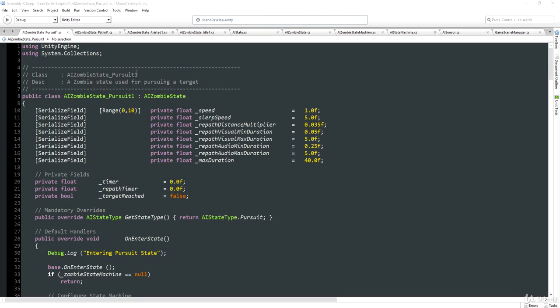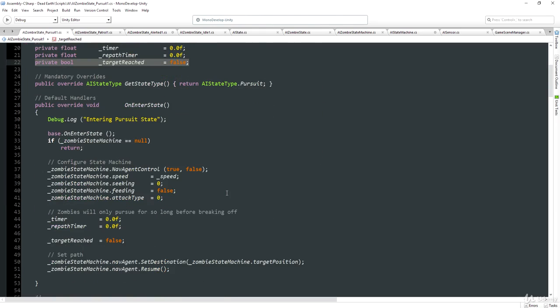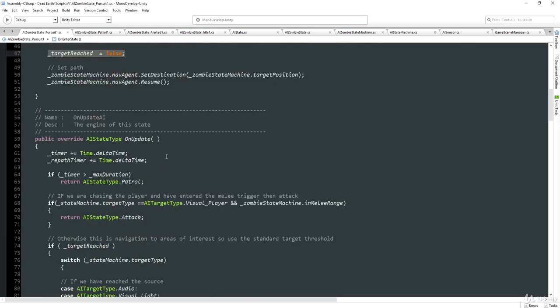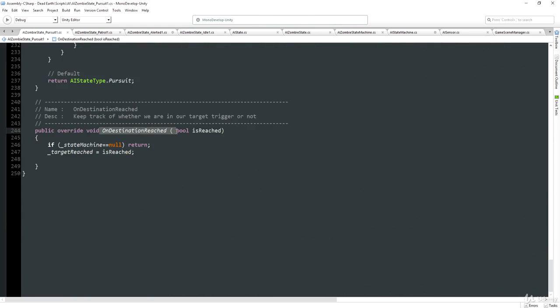So if we take a look at our pursuit state once again, you will remember that we have this private boolean called target reached, which we use to keep track of whether the zombie has arrived in its target trigger or not. And it's set to false when we first enter the state, but you're also reminded that our parent state machine has the on-trigger enter and on-trigger exit functions to trap the message that Unity sends it when our zombie's body enters its target trigger. And those two functions call the child state's on destination reached function to let us know it's either arrived or it's leaving its target. The problem here is that this is a little bit of a design flaw,